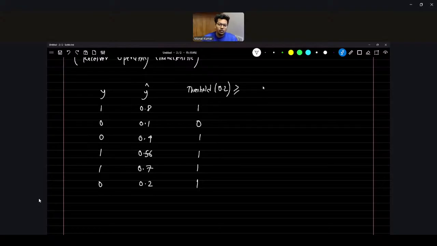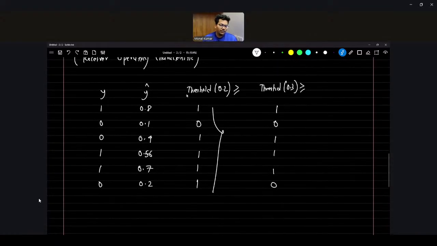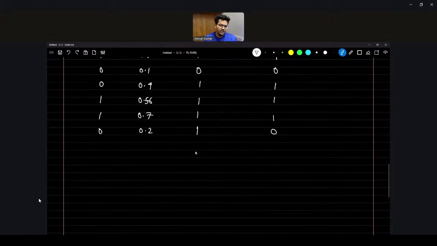Okay. Now we will do it for some other threshold. Let's suppose this time I made it 0.3, greater than or equal to. Everything except the last one will be 0. This part is the same. This one will be 0. So for each of these thresholds, I will get a different TPR and FPR. Yes or no? For every threshold, I will get its own